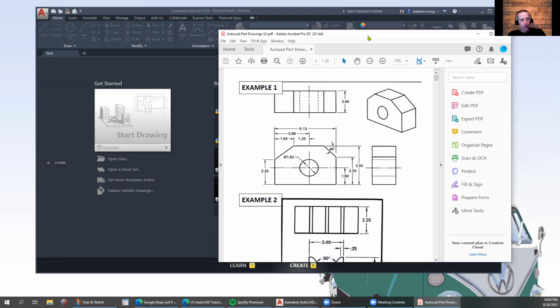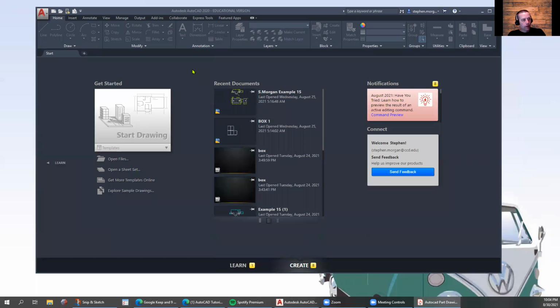All right, I'm going to drag this away for now, and we're just going to talk about the basics of AutoCAD and some of the basic user interface. This is the home screen. When you open AutoCAD for the first time, you're going to see this setup. To open a new drawing, there are a couple of different ways to do it, but I like to go to this button up here, which is the new button. So if you click this right here,